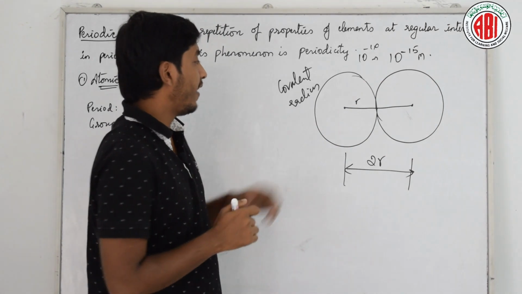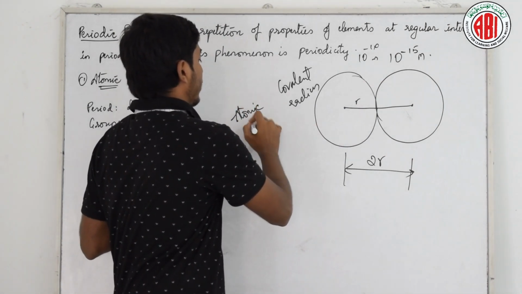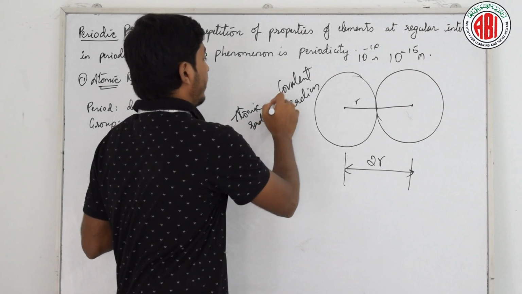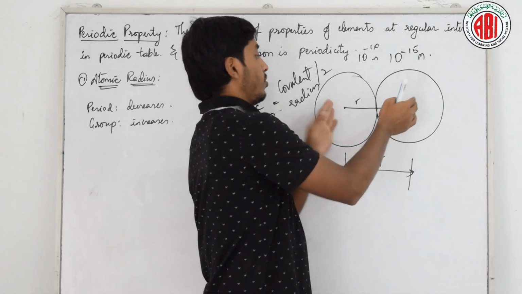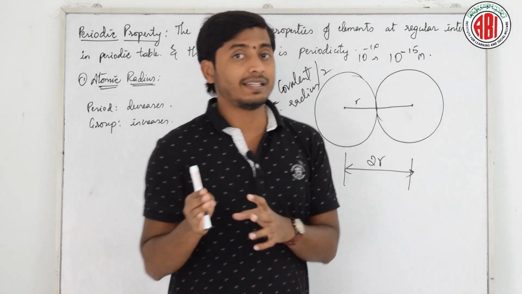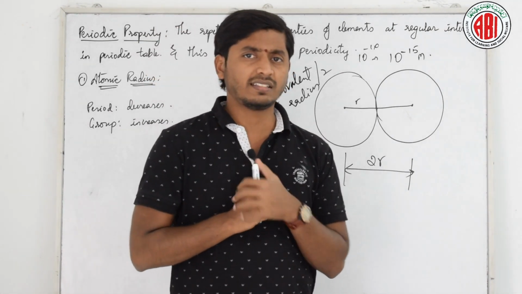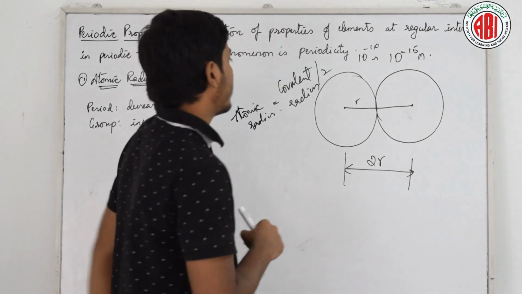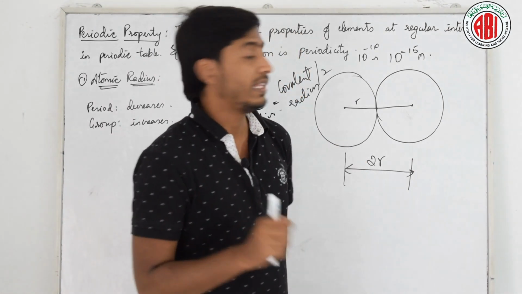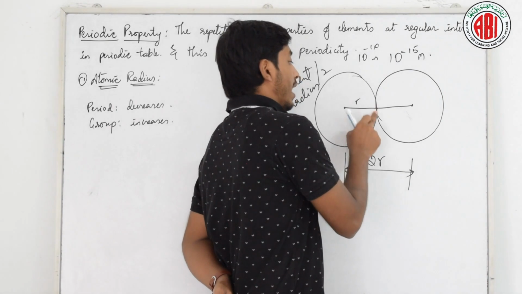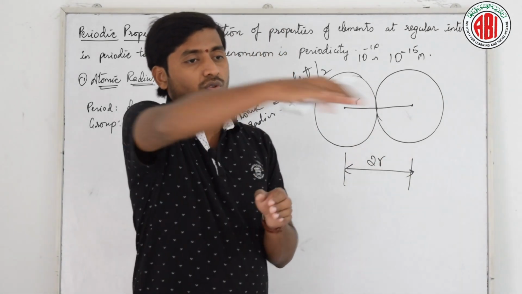Atomic radius can be defined as, what is this atomic radius? Atomic radius can be defined as covalent radius by 2. What is covalent radius? The distance between two centers of two adjacent atoms when they are bonded by a covalent bond, isn't it? From this we can define the atomic radius as the distance between the center of the nucleus and the outermost orbital, isn't it? An atom will have an outermost shape, right?